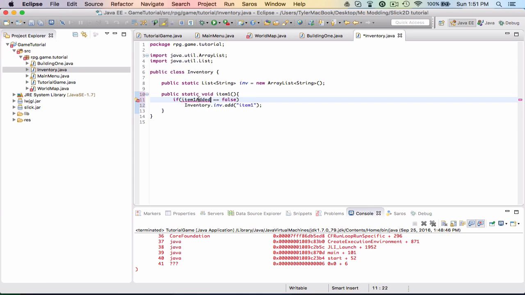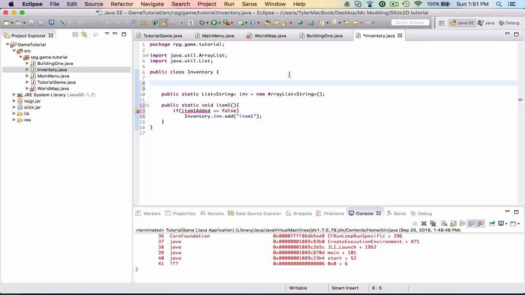We're going to say if item 1 added, which we'll actually put up here. So up here we're going to make a list. So item is equal to false. So if item 1 added is equal to false, this is actually going to be a boolean. So if boolean item 1 added is equal to false,